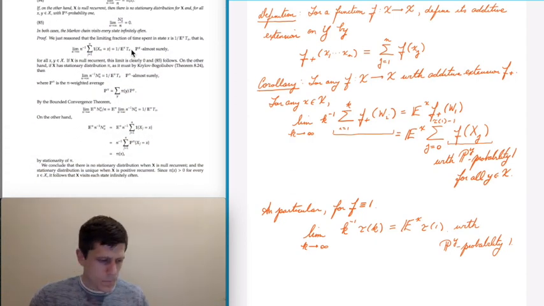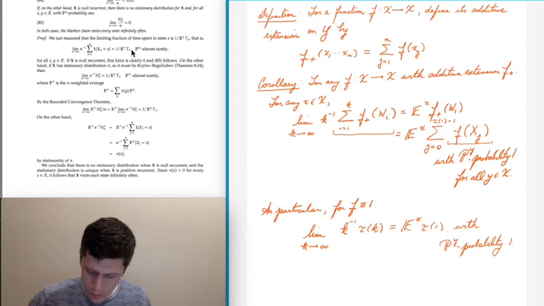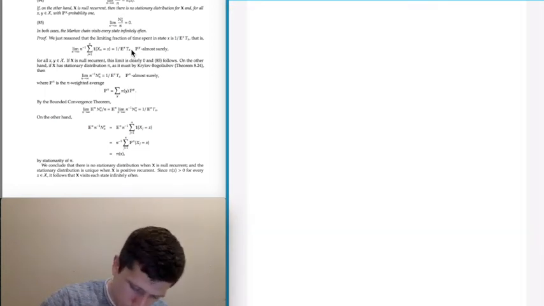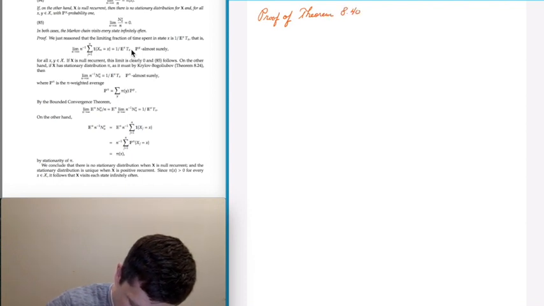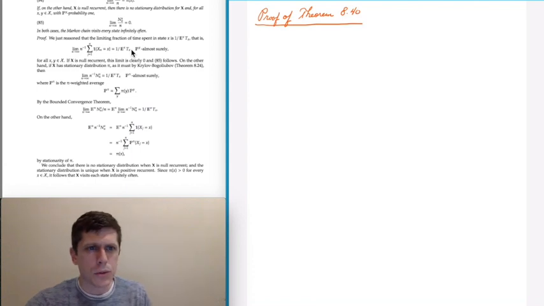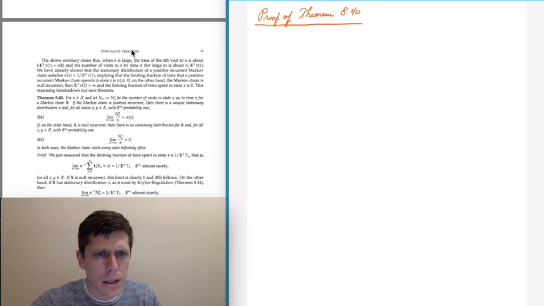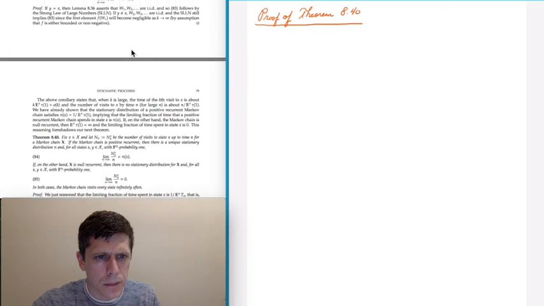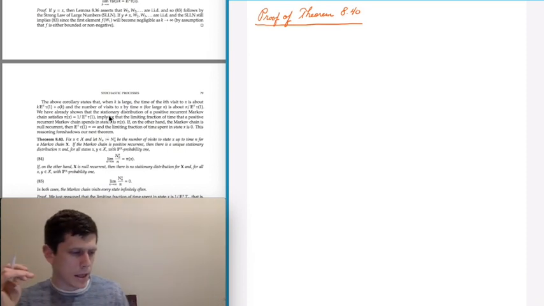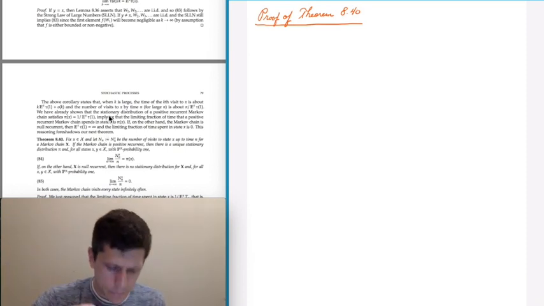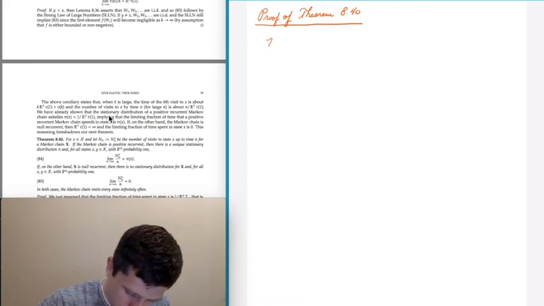And so now finally we want to prove theorem 8.4.0, which we have stated right here. So let me just put it up right here. This is just saying that the number of visits to a state up to time n, that's given by N_n(x). So we need to show